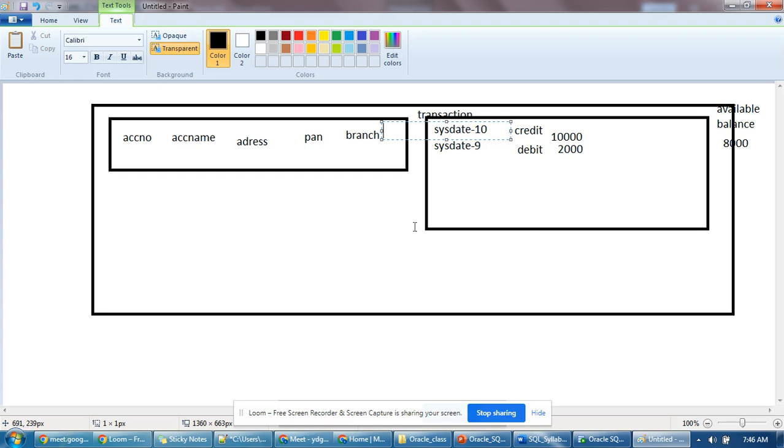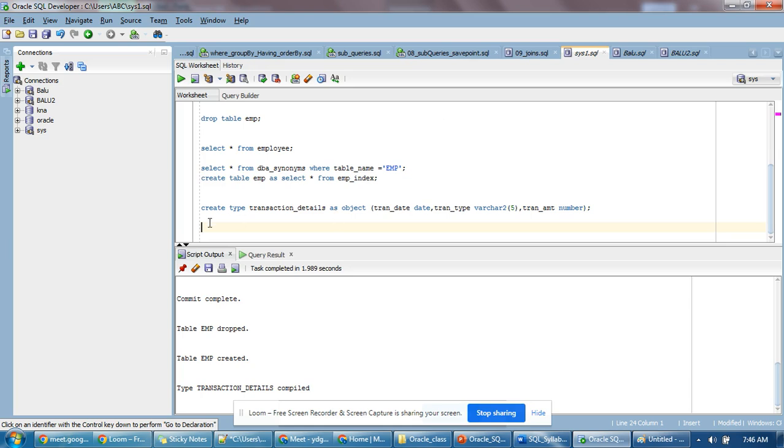So next, what you have to do? You have to convert this record type into a table. If it is a normal table, directly you can do it with create table name, and under that specify the column names and data types. But it is a nested table, so directly you cannot do that. First you have to create the object with all the columns included. After that, that object, that record type, you need to make as a table. How you can do that is create type. This you can make as a table, table of transactional details,